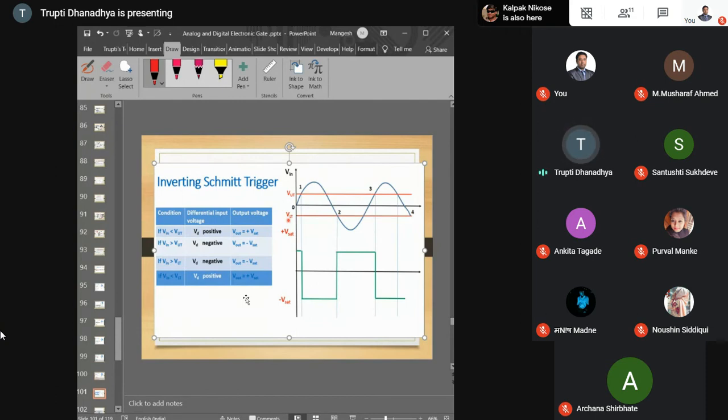Please try to design the non-inverting Schmitt trigger in a similar way. Just the change is like that. For the non-inverting Schmitt trigger, R2 is connected to the positive terminal, and the input supply is given to the negative terminal. So this is the minute change in your circuit diagram. And as I am already saying, it is a non-inverting Schmitt trigger. So in the non-inverting Schmitt trigger, for the positive portion we get the positive output, and for the negative portion we get the negative output. This is the change for your non-inverting Schmitt trigger.